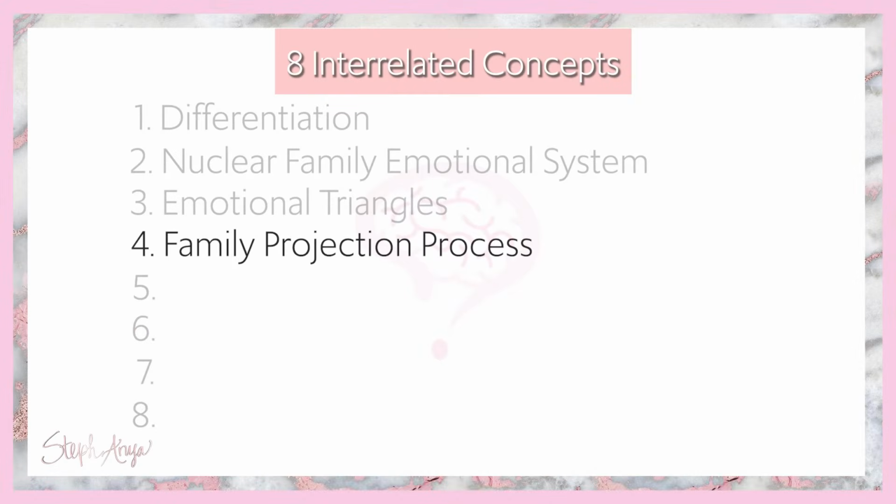The fourth concept is the family projection process, which really just simply means that as we see these two people who are lowly differentiated get together and focus their attention on their child in order to deal with their instability, the child ultimately ends up being even less differentiated than the parent. So this is where we start seeing that multi-generational pattern happening all the way through to where you ultimately see a severe psychological disorder. Again, this is not proven. This is the theory that founds Bowen's model.